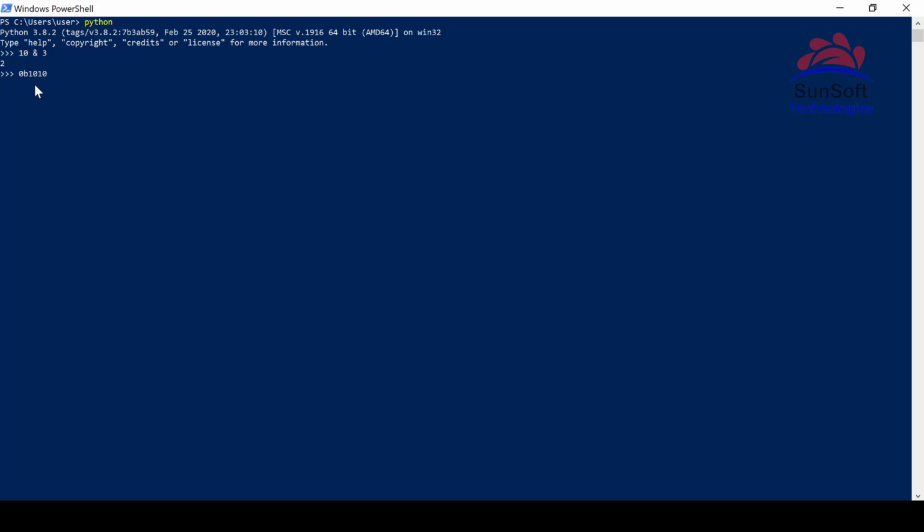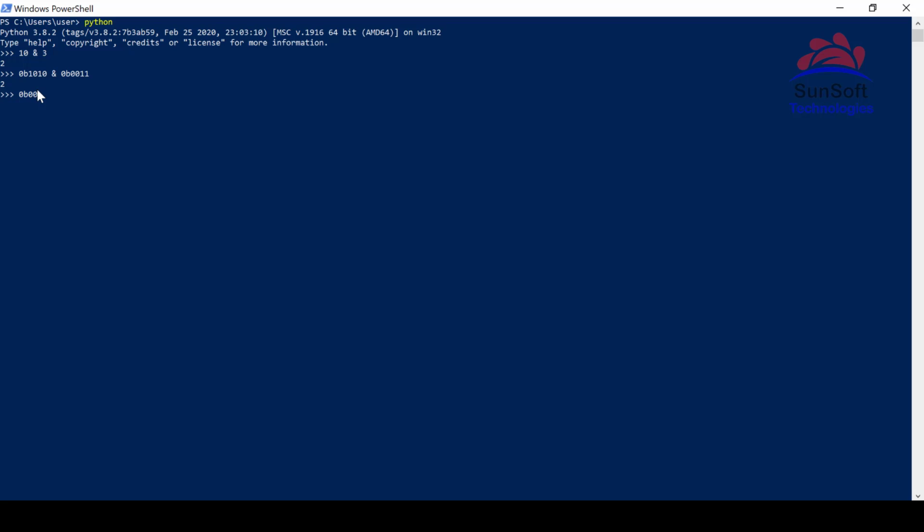So we have done the binary representation in literals. You can go check it out in that video. And with this, yeah, so this is the representation for 10, 2 and 8, and this is the representation for 3, 2 and 1. Okay, so now we are going to apply the AND operator, the bitwise AND, on these two. Now you see that it is 2. So let me just write down what is the representation for 2.